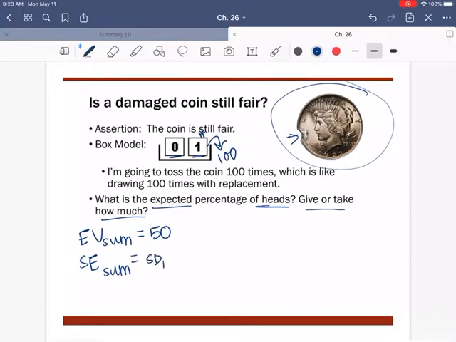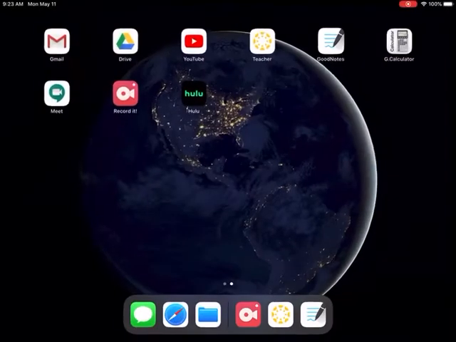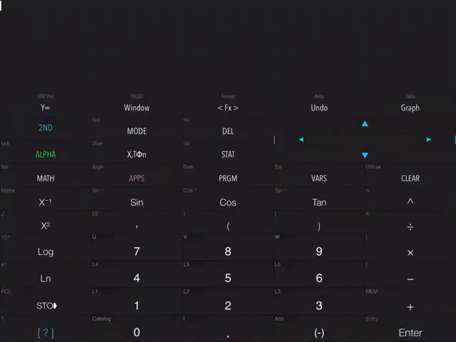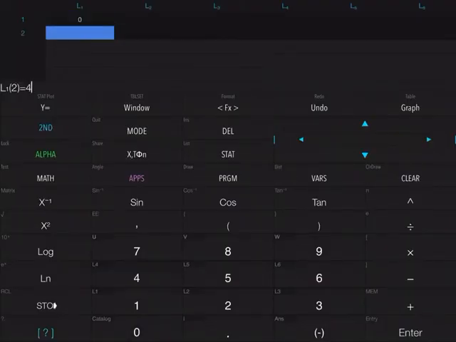The SE, if you remember our formula from exam 2, SE is equal to the standard deviation of the box times the number of draws. And the standard deviation for 0 and 1, we've done that 1,000 times throughout the notes and the homework. The standard deviation for 0 and 1 is 0.5. If you don't know that just off the top of your head, you can go into